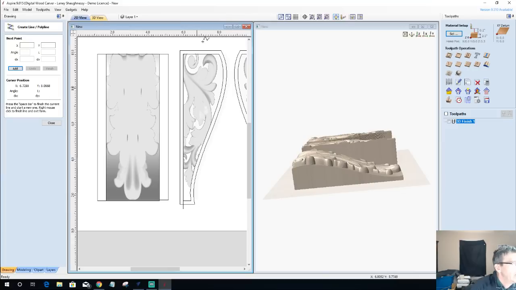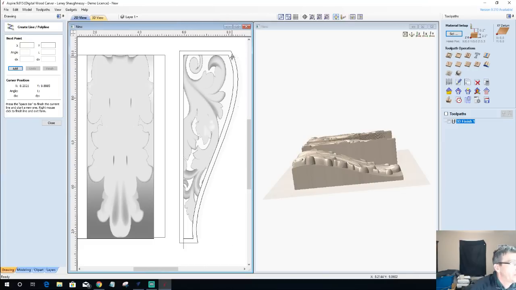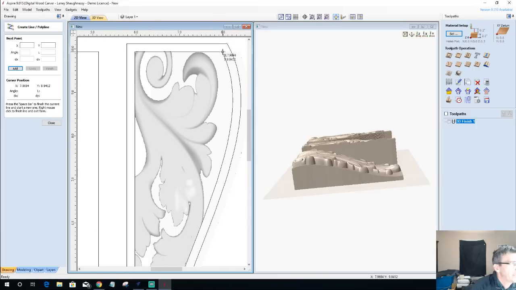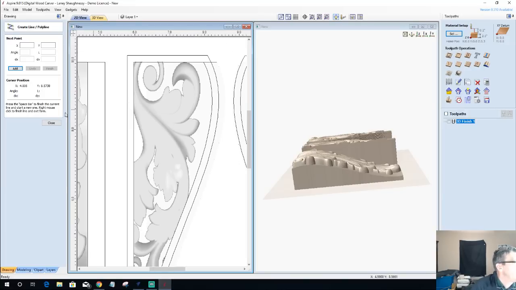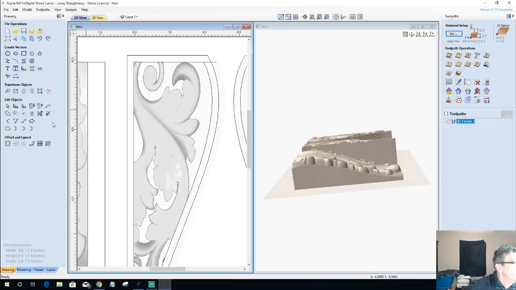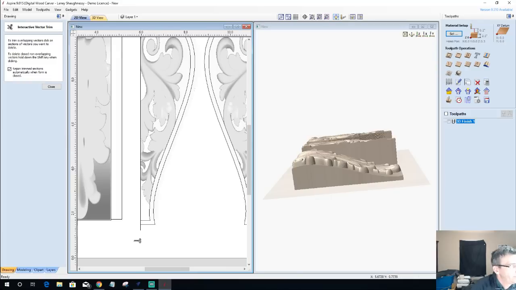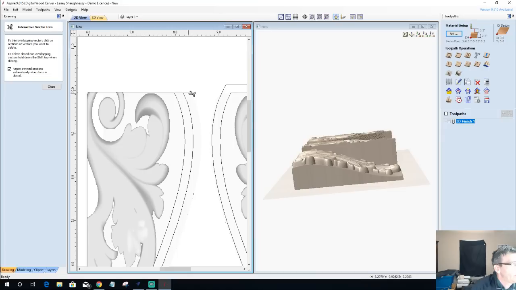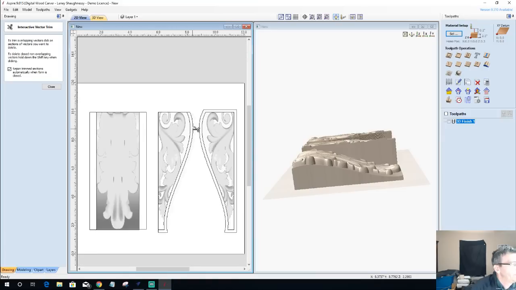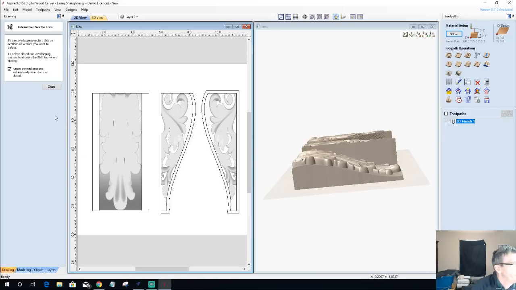Okay. Up here at the side, I'm going to snap a line here and come out 90 degrees straight across. Spacebar to finish. And I'm going to use my interactive trim tool. I'm going to trim away this back area here. And I'm going to trim away this area here. Okay. Now,